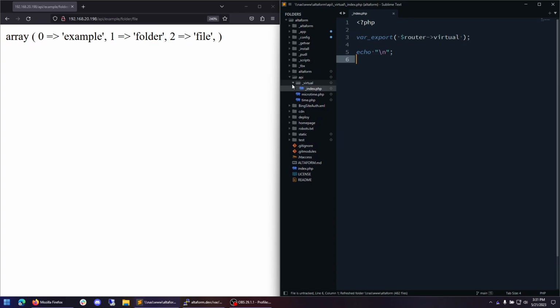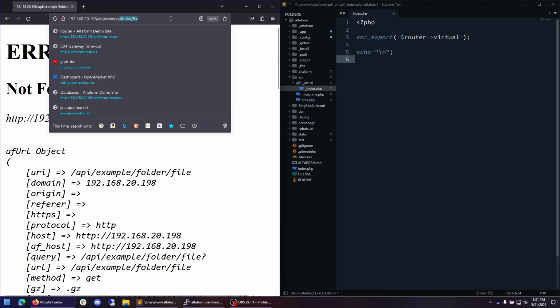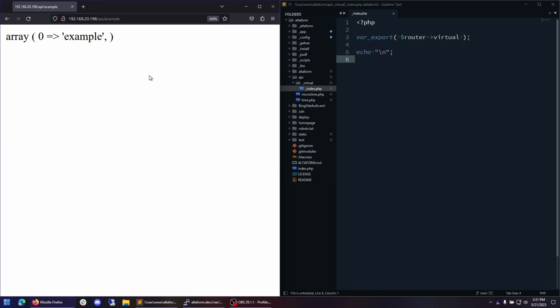Much like a traditional LAMP stack, the index file will be loaded if there is a match on the folder but not anything within the folder. Now if we go to our browser, we can only match at one level deep. We now get a 404 message for this particular path. However, if we change it back to our example, it is now matching the virtual folder and then nothing inside of it. It is loading the _index.php file instead.